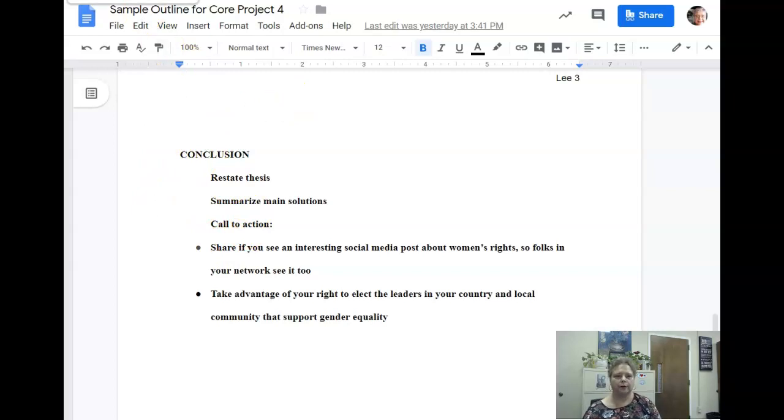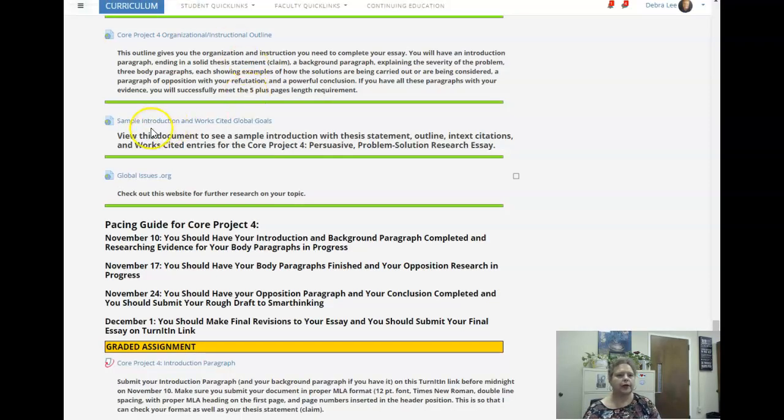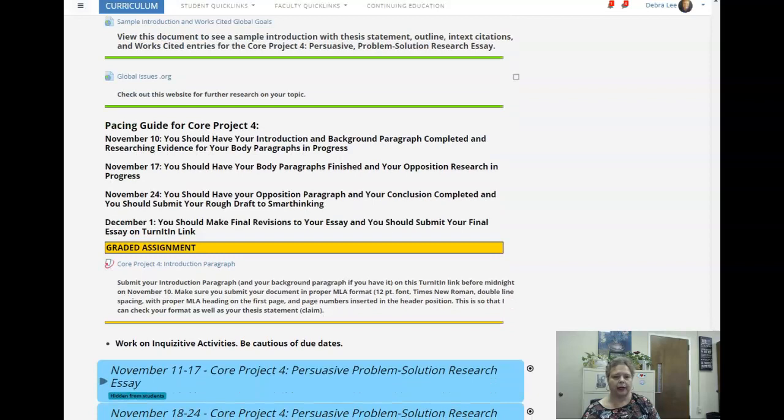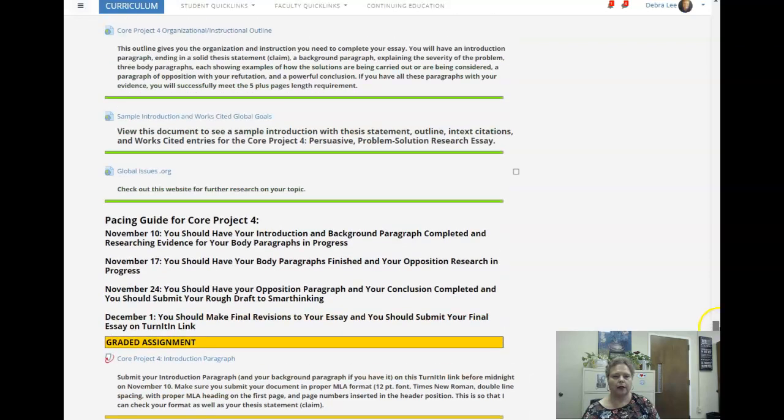So that might be helpful to you to see as you're researching, as you're putting your paper together, what you need to have in each of those. So that's on there for you. I also put globalissues.org up here. Again, it's a link that you might find some evidence that you can bring in regarding your solutions. I just threw it up there again. It's also in the document for